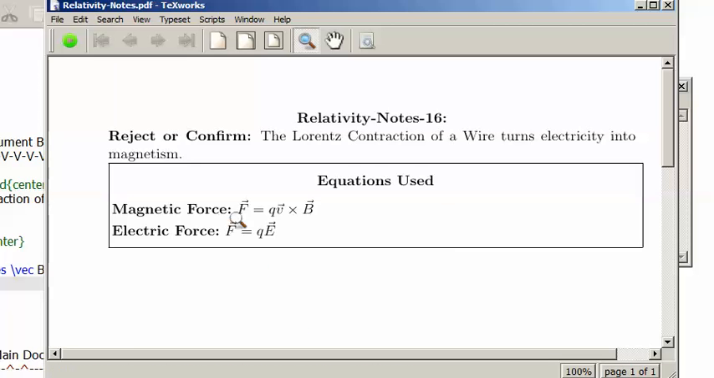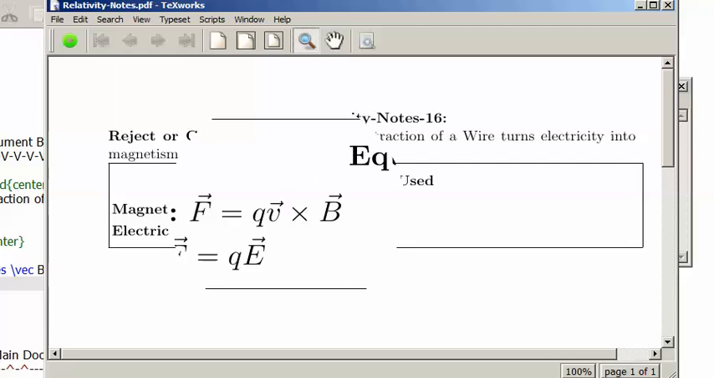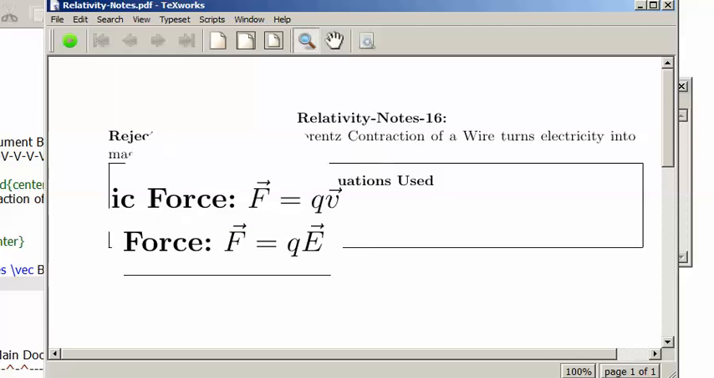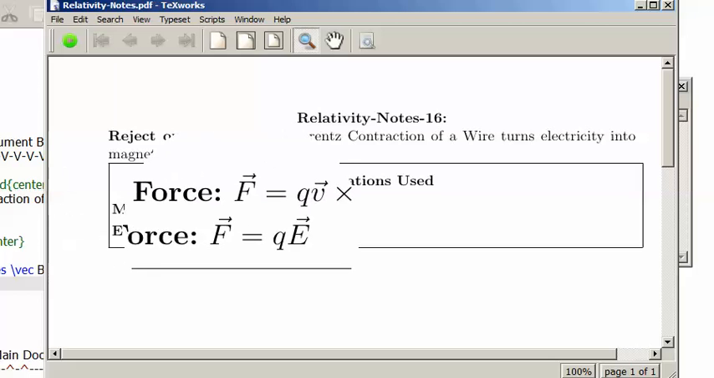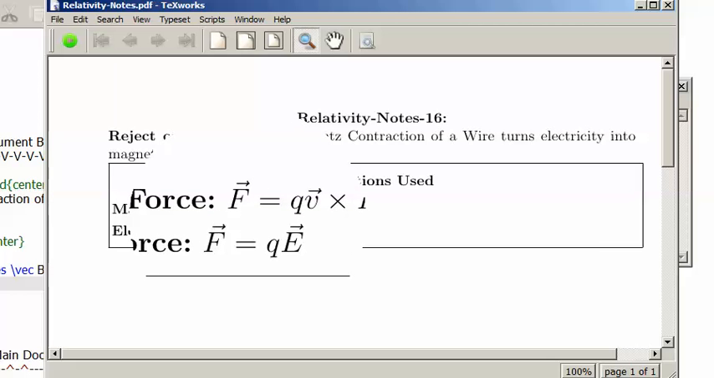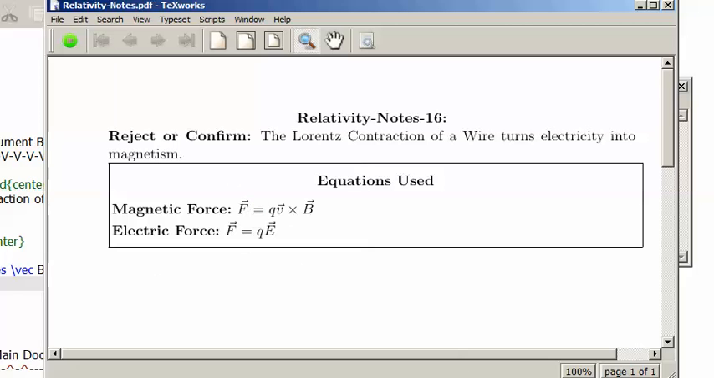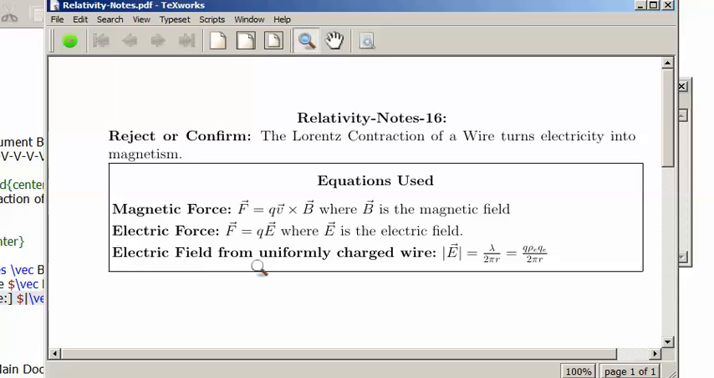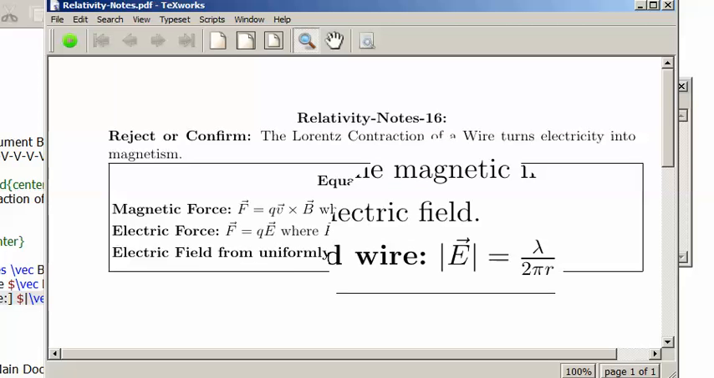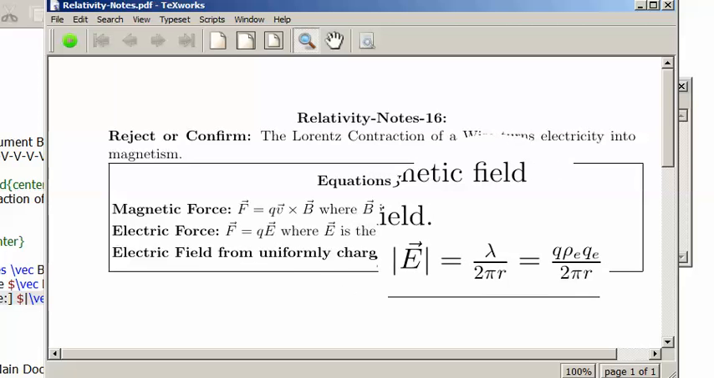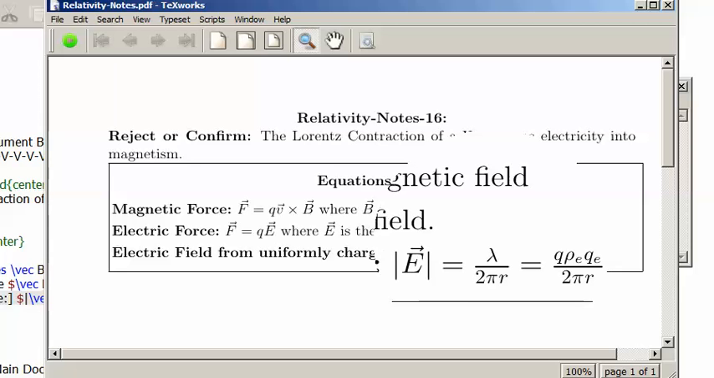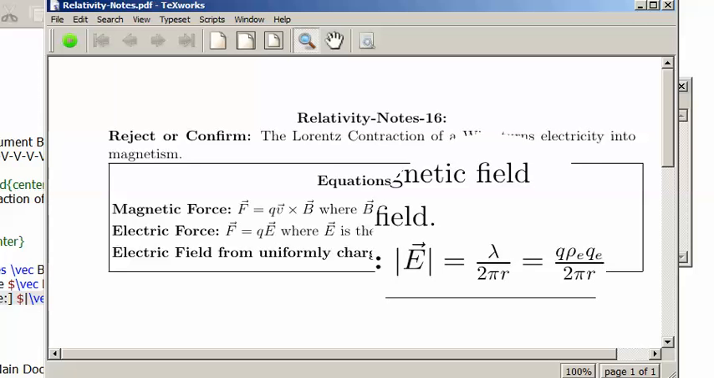The magnetic force on a particle of charge Q is QV cross B. The electric force on a particle of charge Q is QE, where B is the magnetic field and E is the electric field. The electric field from a uniformly charged wire, the magnitude of the electric field, is equal to the linear charge density divided by 2 pi r,